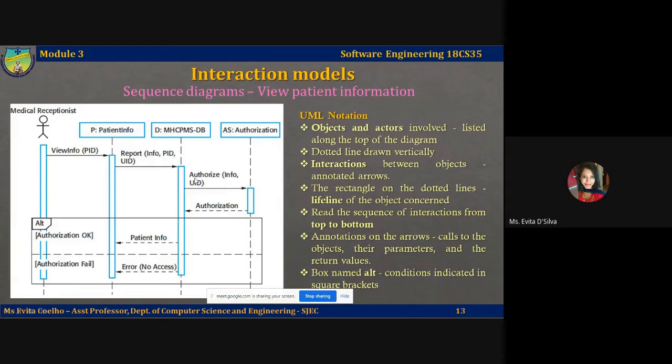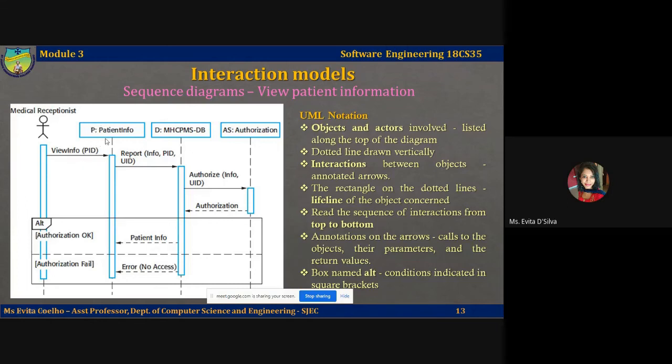So let me summarize the sequence diagram for you. The medical receptionist is the one who would want information about a particular patient's history, say consultation, treatment he is undergoing, and other personal information. So the medical receptionist will trigger the view info method, passing the patient's identifier to the patient info class.